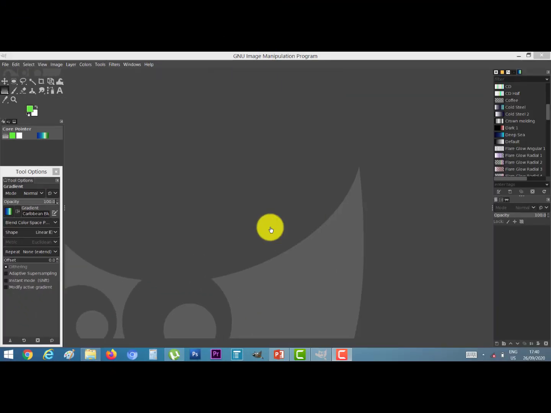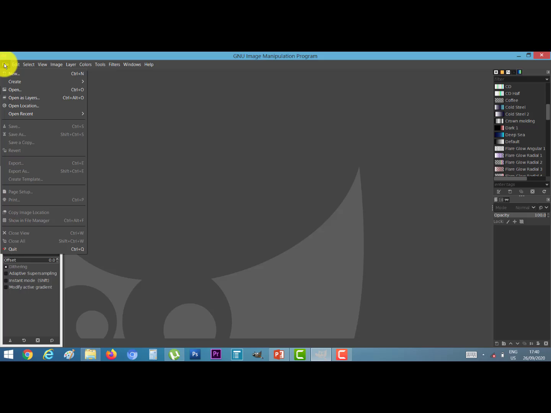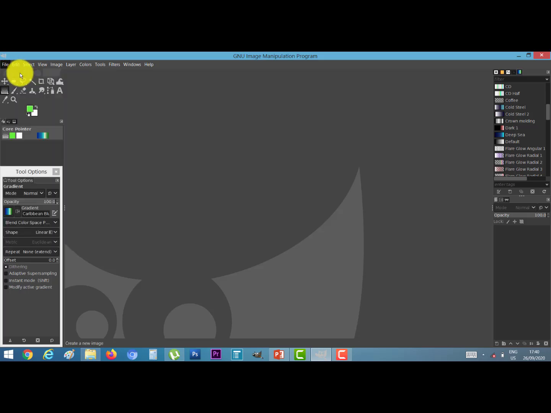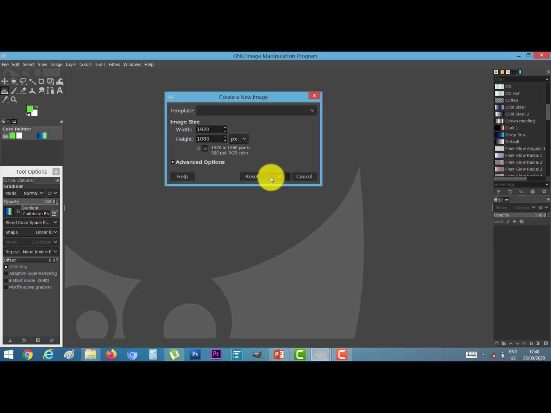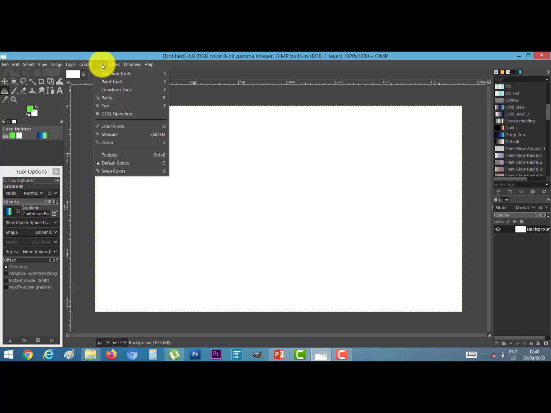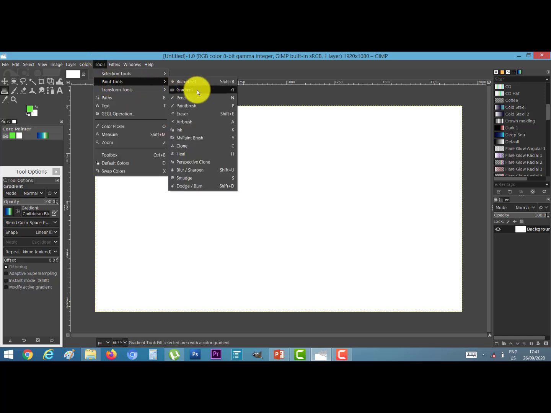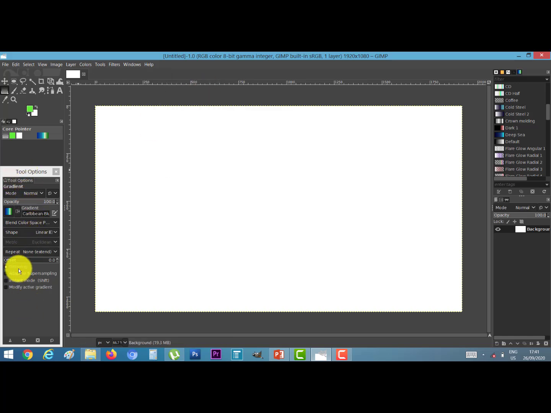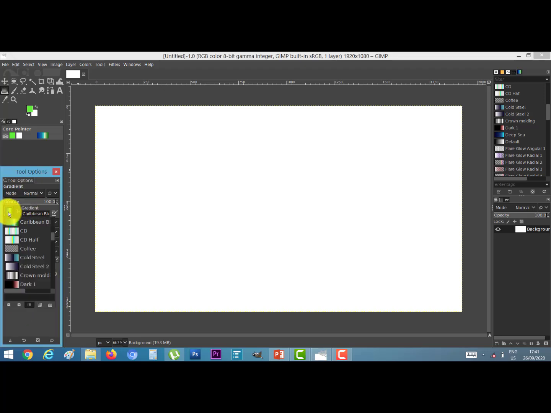Blend tool. For blend tool, click on the file menu, go to new option and create a new file. Now go to tools option, paint tools and click on gradient. This window is gradient window. Here you can select your design. Suppose I want this color.